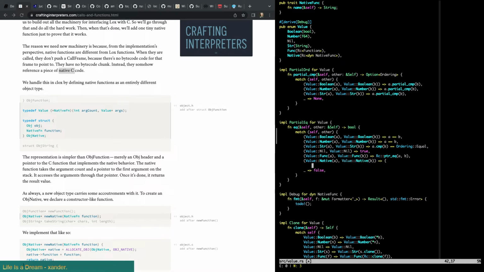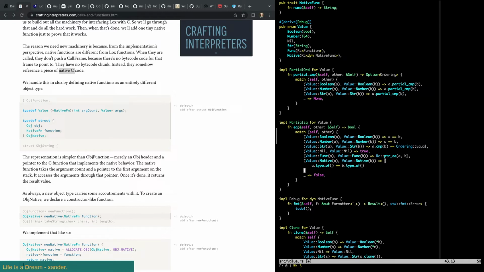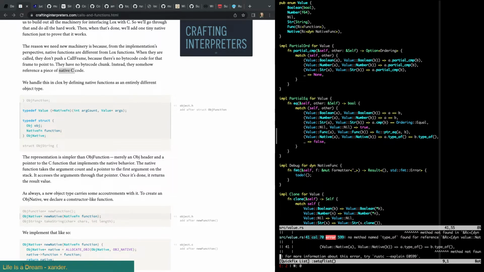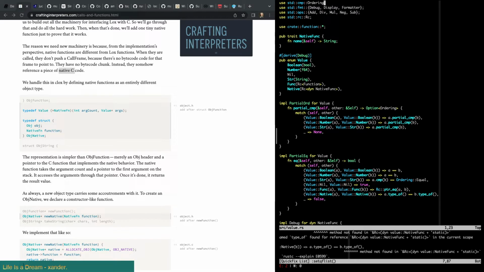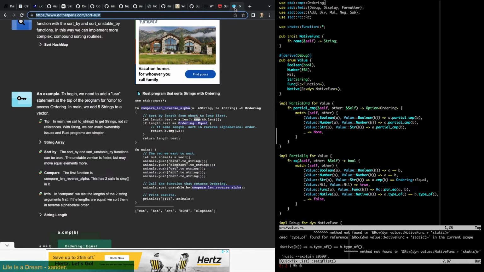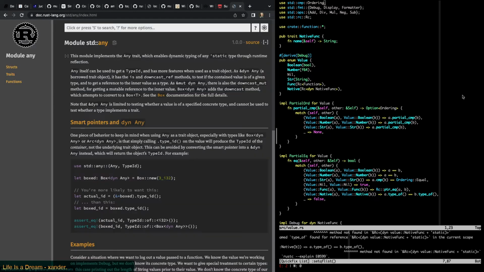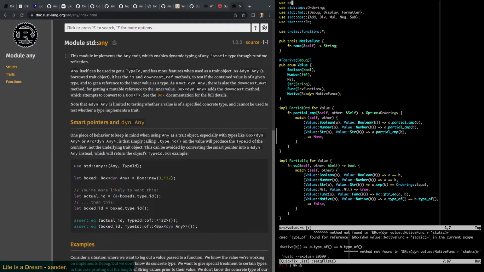And what I can do is I can compare A dot type of, I guess. I think I need to import any to get that. Any Rust, any type. Standard any.